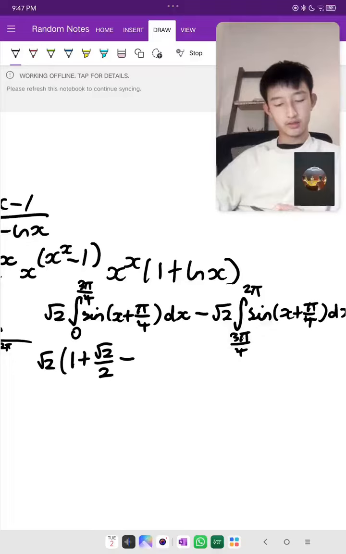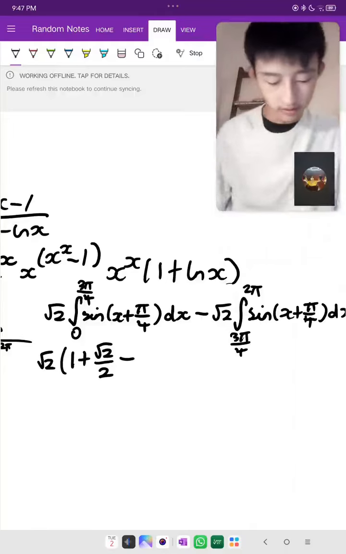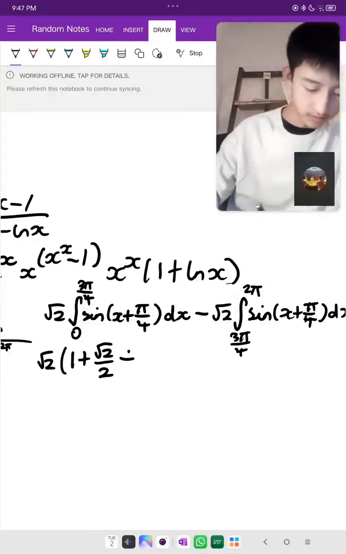Then that we just had was, wait, no, sine integrates to minus cos, so minus root 2 over 2, so plus root 2 over 2,